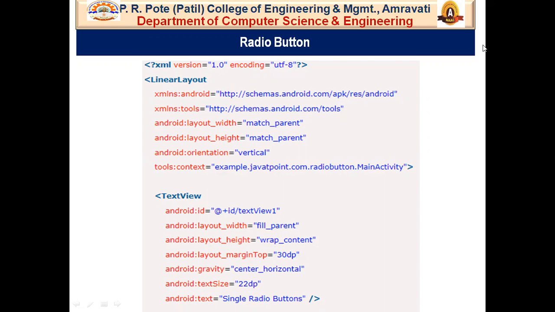As toggle buttons can be used to display check or uncheck, that is on or off state, likewise, radio button is also a two-state button, which is either check or uncheck. But the difference is that if a single radio button is unchecked, we can click it to make it checked.